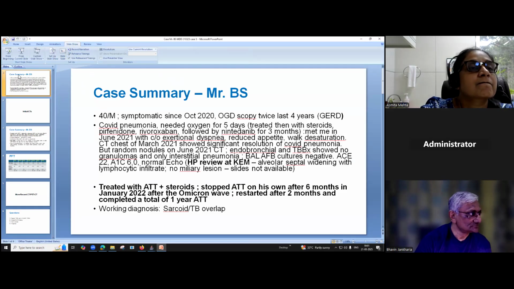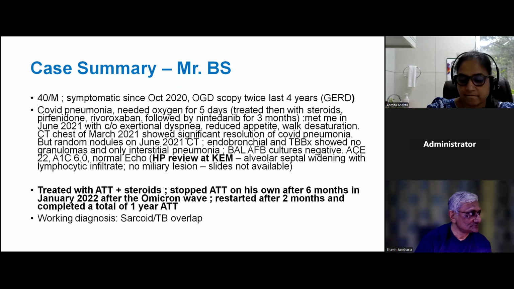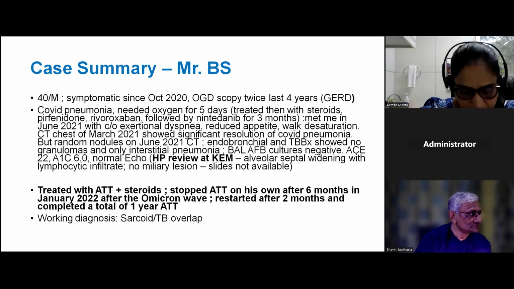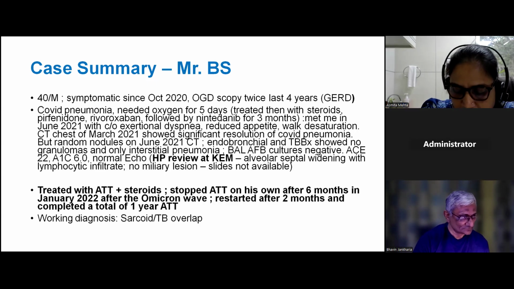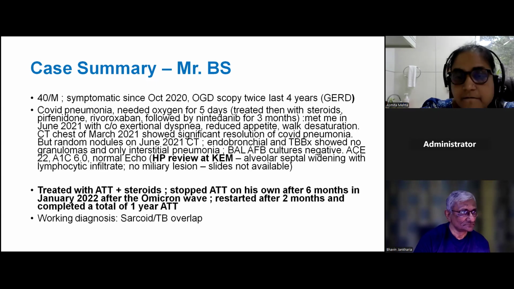Okay, so this is a 40-year-old male patient. He's symptomatic since October 2020. He'd had 2 endoscopies done in the last 4 years when I saw him first in 2020. He had COVID pneumonia, needed oxygen for 5 days, and was treated with steroids, pirfenidone, rivaroxaban. A lot of this was all empirical, followed by nintedanib for 3 months, and he met me in June 2021 with complaints